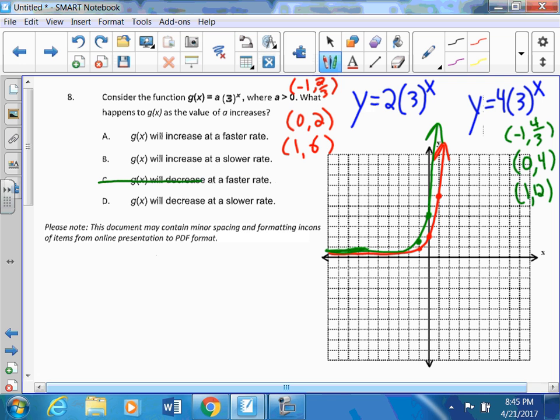So we can cross out these answers right here. So basically, which one increases at a faster rate? Well, that obviously would be the green graph, which is the one that has 4 right there. So it looks like if a, which is the number here, compared to 2, the number here, if a is bigger, it's going to increase at a faster rate. So in this case, your answer is going to be